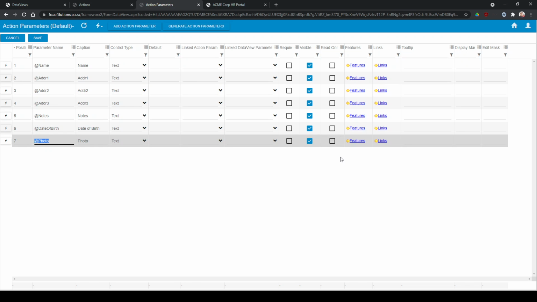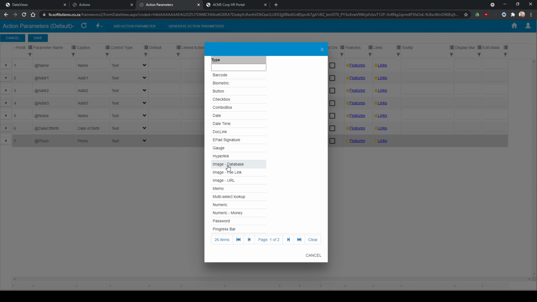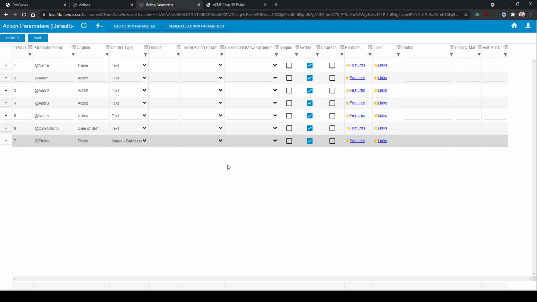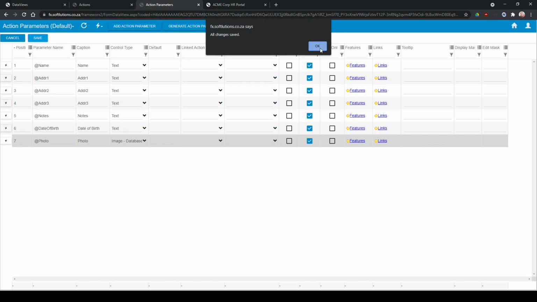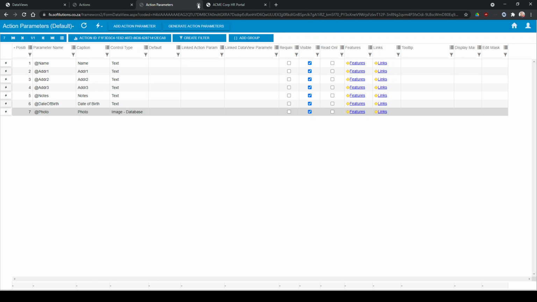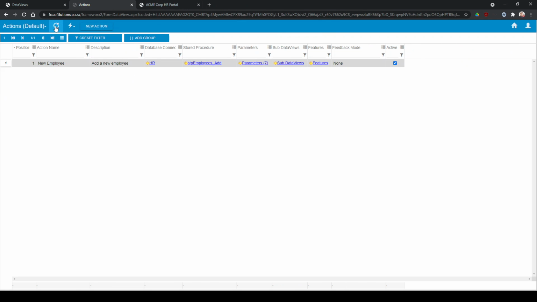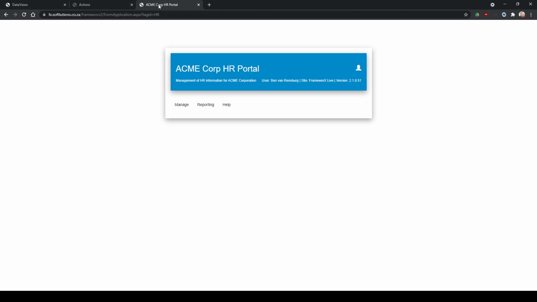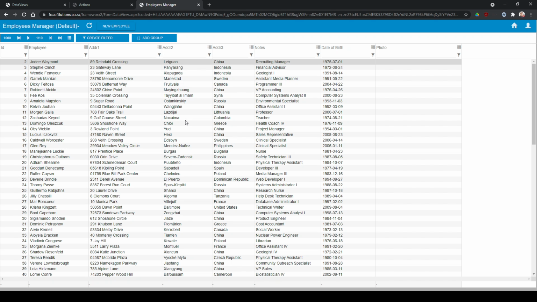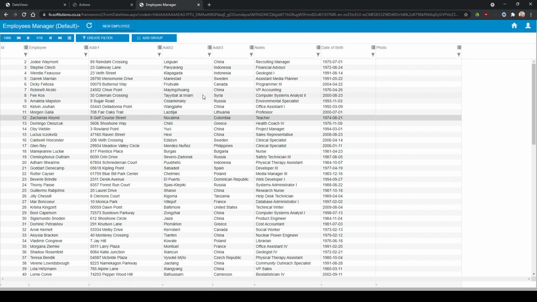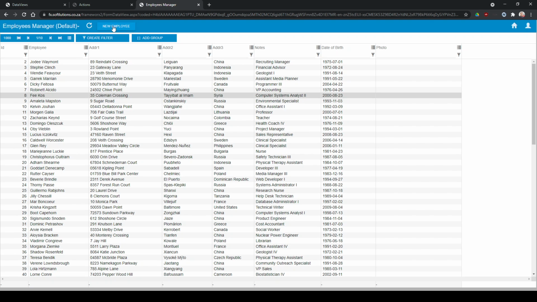And the photo column, we know we'd like to add a photo to that, so we'll change the control type to an image that's going to be stored in the database. Other than that, we're going to save the changes to our parameters, and our action is effectively now defined. If we switch back to our application shell, we can now run our data view, our employees data view. Everything looks the same, except you will notice there is now a new employee button